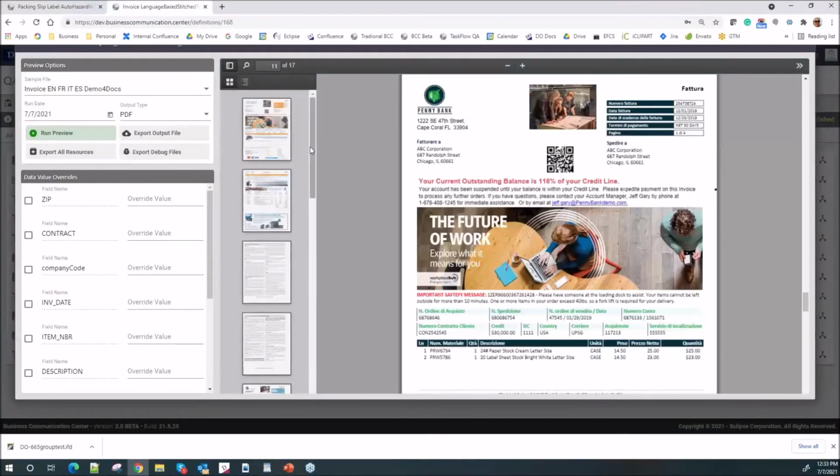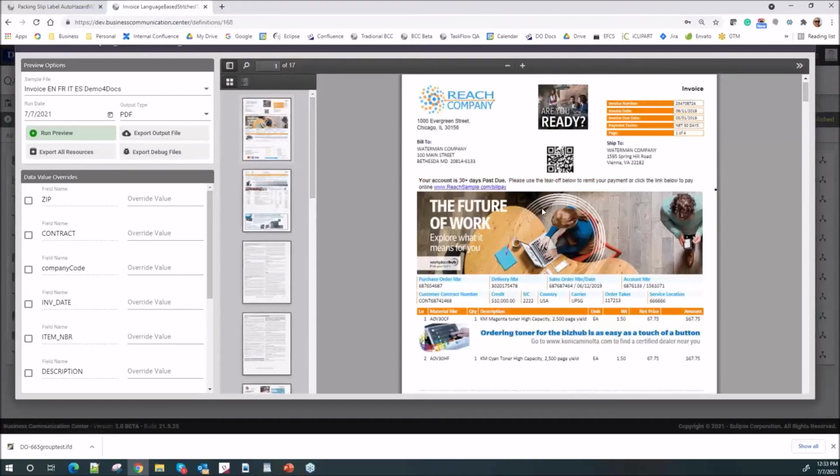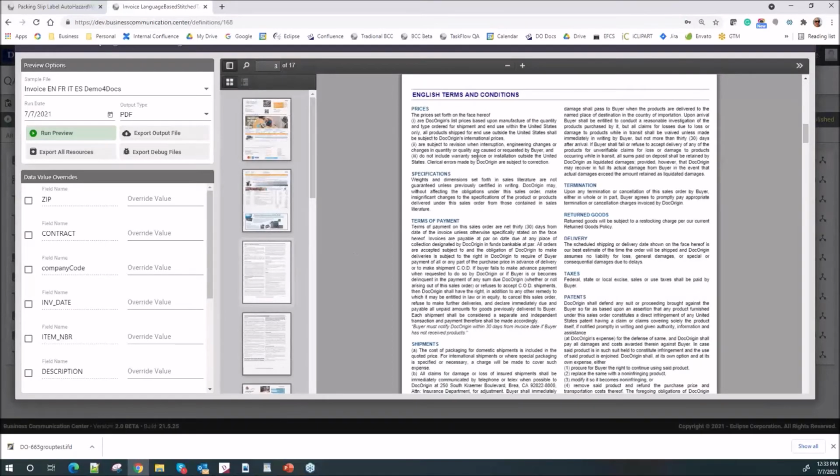And then this is our example of our stitching document, which I flipped through quickly in the sample. But this is not only stitching a document, we're dynamically stitching a document based on the language change. I can show you in the form, just to show you it's not smoke and mirrors, that there is no text that looks like this in my document. So I'm dynamically stitching a PDF based on its language.